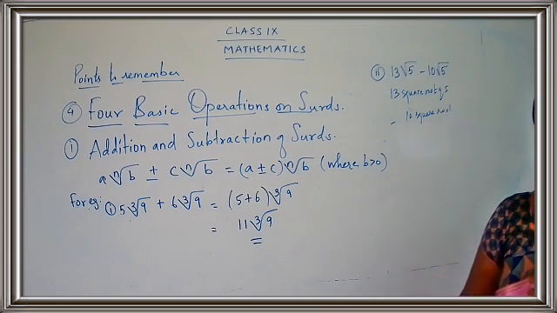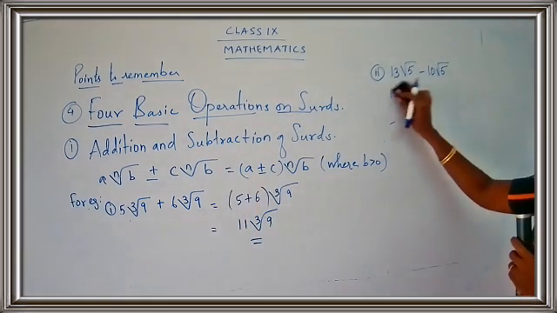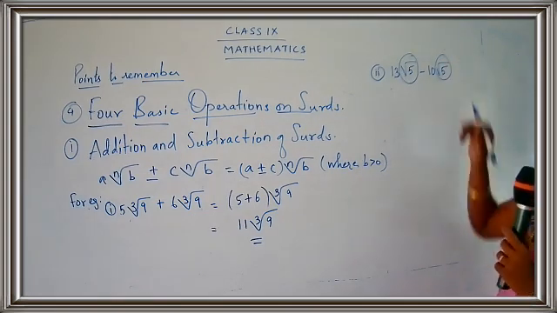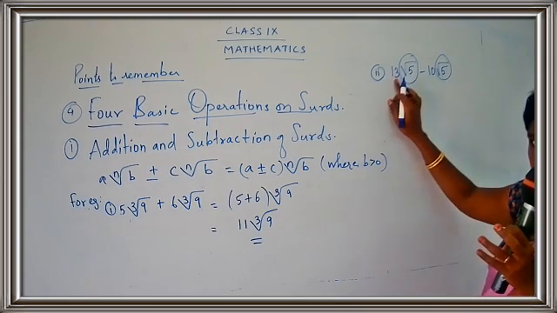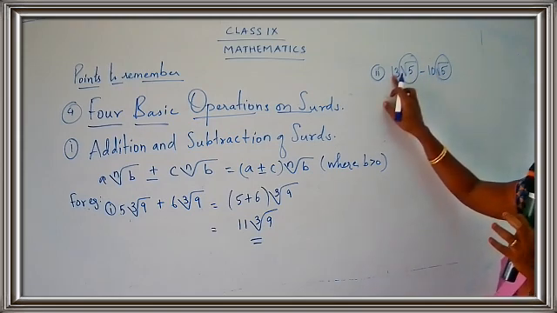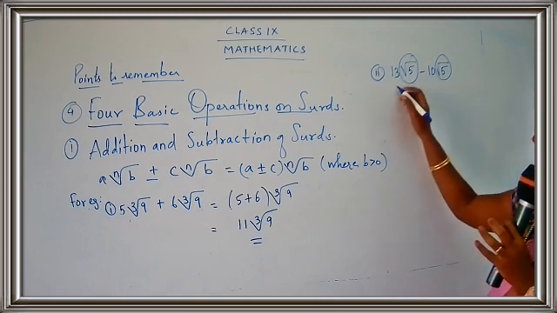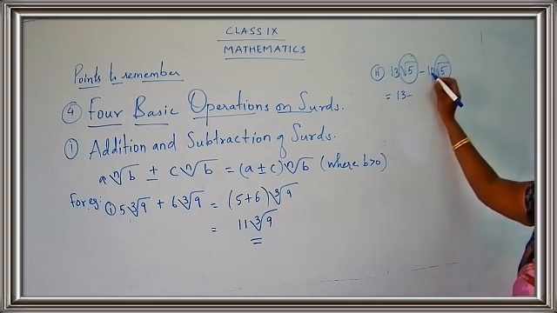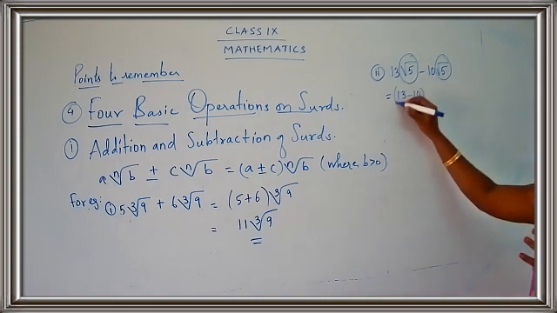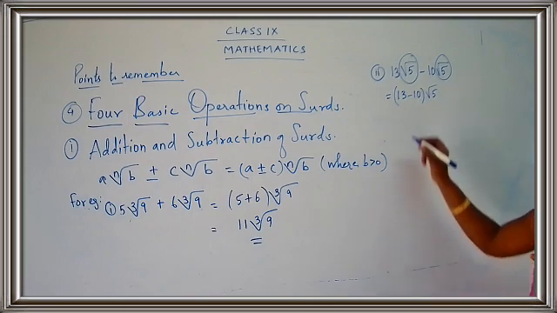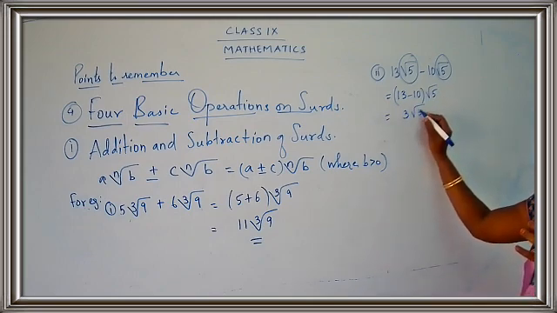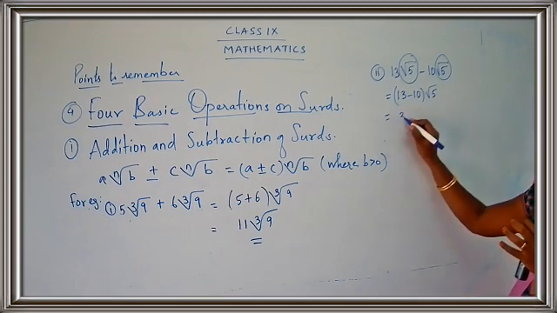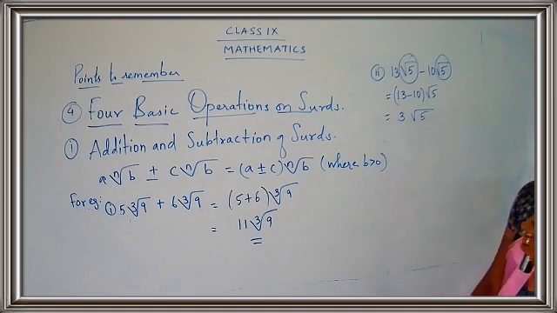Okay, children? So now, what about the third part? This is root 5, yes. And this is also root 5. So they are same. So I am going to take the coefficient, sign and the coefficient. So what is the coefficient for the first term? 13. You can say this is equal to 13. Sign is minus. What is the coefficient here? 10. 13 minus 10 square root of 5. What is the answer? 3 square root of 5. Don't write 3 inside this square root. Okay, this is wrong. The 3 will come out. 3 square root of 5.